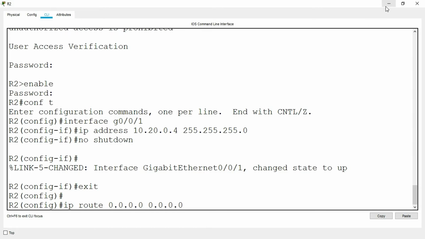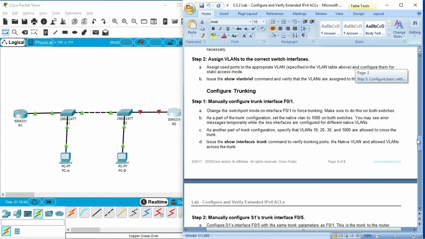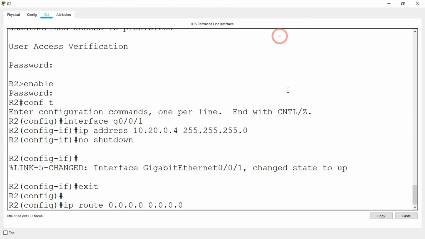Then we have to give the address they specified, the next hop address, right? So it's here, just I will copy that, 10.20.0.1, space next hop IP address. Okay,